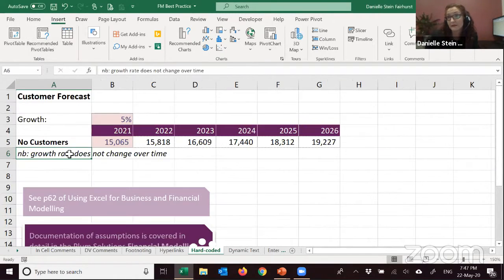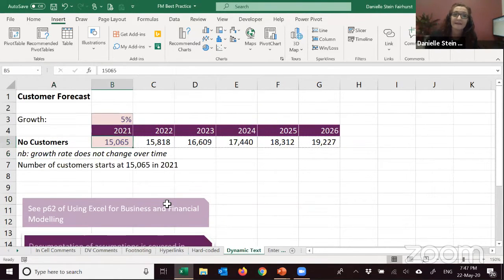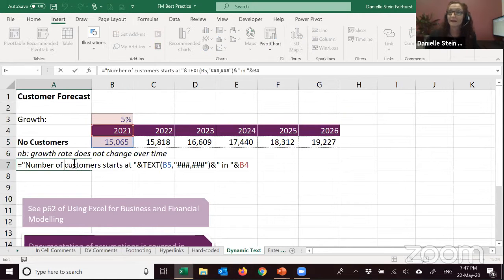Probably one of my favorite methods of documenting assumptions is just literally to type it out like that. There's nothing fancy about that. If you do want to get a little bit fancier, you could do something like that. So you could have text with inverted commas around it. I will make this file available. So if anybody wants to get in there and see some of these examples, I'll make this available to be sent out. And so what we've done there is just use the text formula to format it.